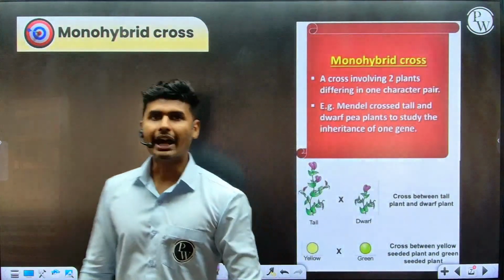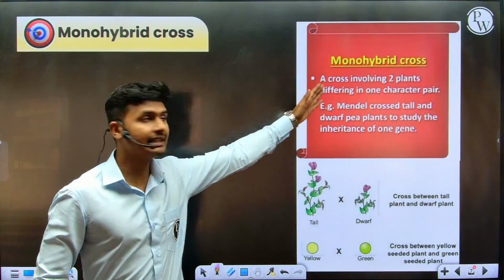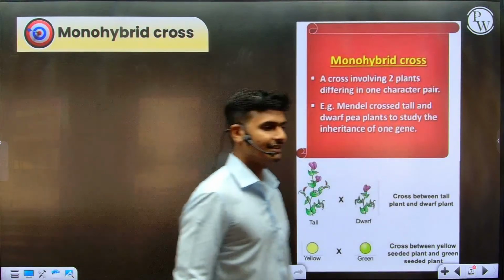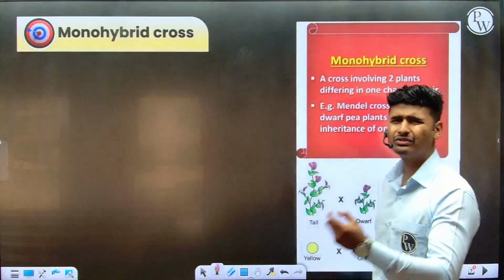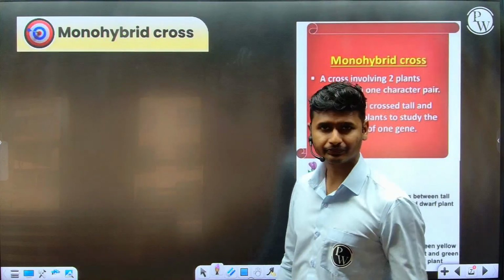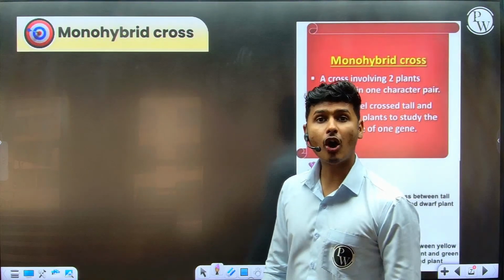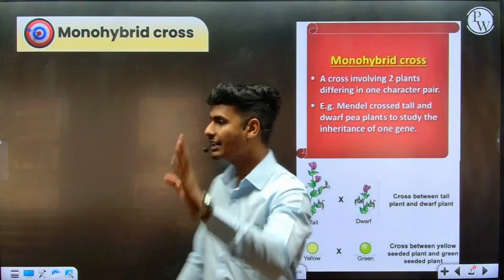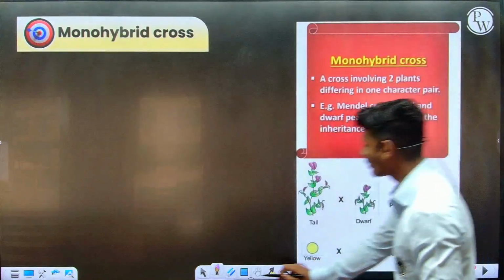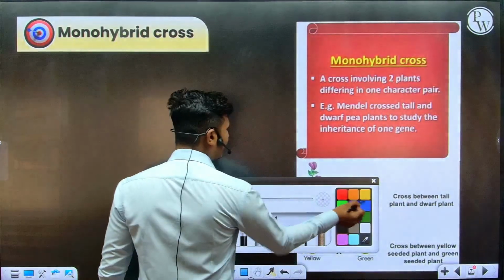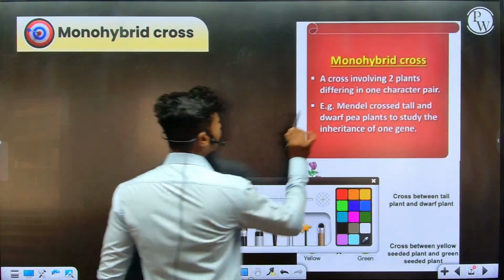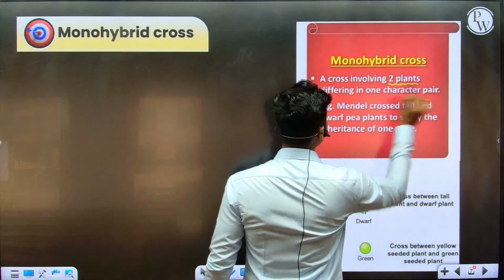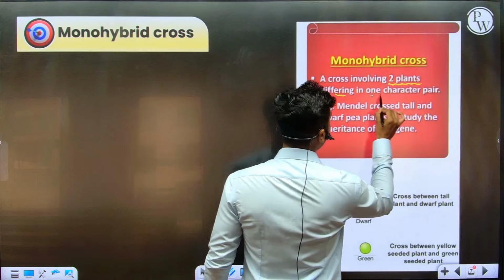Now directly coming to the topic, that is the monohybrid cross, which is a very essential topic of this chapter, and on that basis we are going to study two laws. One is the law of dominance and the second is the law of segregation. Let's discuss monohybrid cross. They are saying a cross involving two plants different in one character's pair,